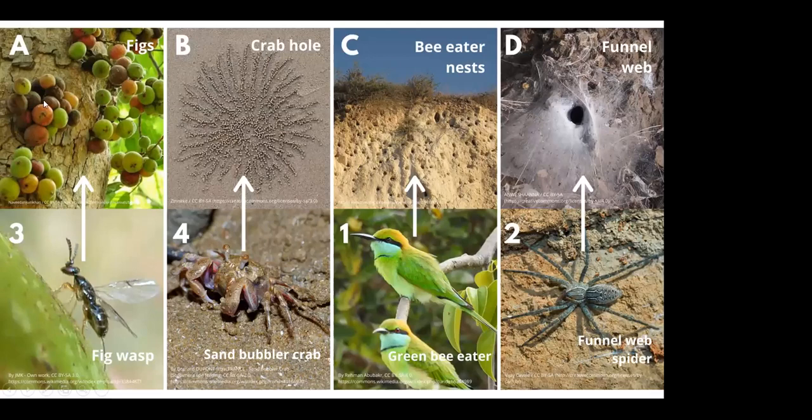Pairing A is a fig. You may have seen these in trees around your city as well. And these are actually home to a very interesting insect called the fig wasp. A fig wasp, what she does is, she goes and lays her eggs inside this fig. So as you can see, at the back of her body, there's a long, thin, almost like a pipe, which is called an ovipositor. It's an organ that she uses to lay her eggs. So what she does is she pierces the fig and then she lays her eggs inside the fig. And doing so, she also pollinates the fig.